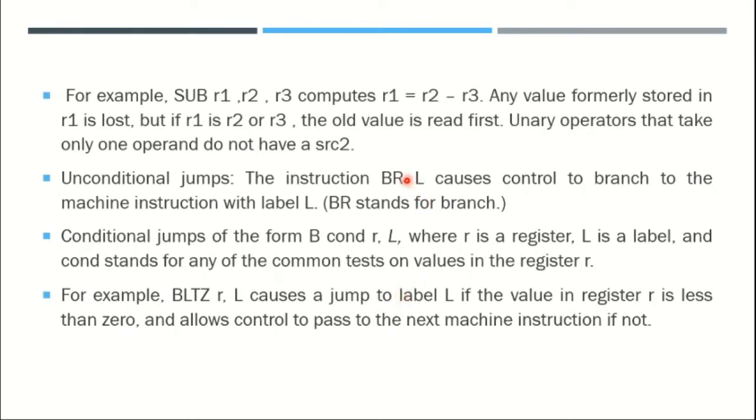For example, we are currently executing the first line, and this label is indicated in the fifth line. Then we can skip the execution of the second, third and fourth lines and directly move to the fifth line where the label was mentioned. That is nothing but an unconditional jump.